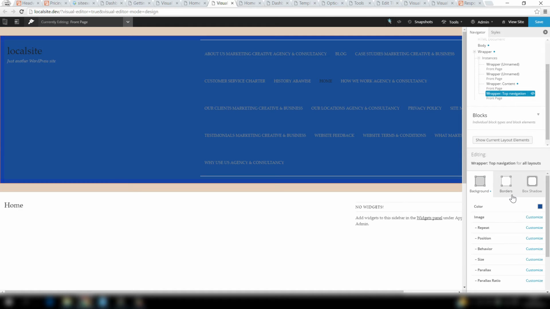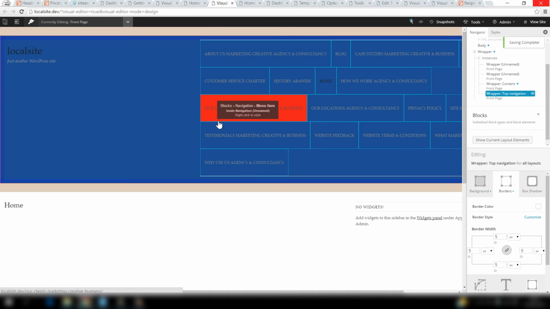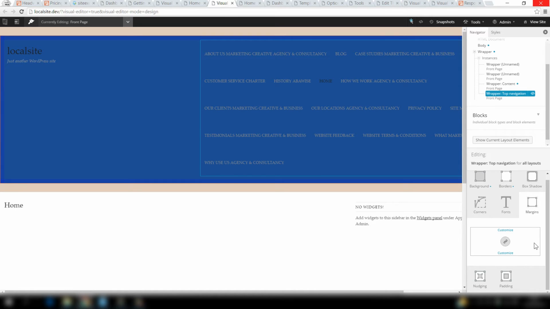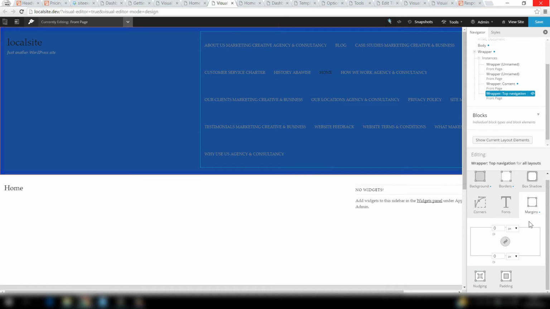So you have a series of options for the design of each wrapper, and in this example we're going to click on borders, and we're going to change the border color to white, and then we're also going to add an appropriate width for the border, so we'll change 0 to 5, and then once you've added all of those settings, we can then click on save. Now, once saving is complete, you can obviously progress on to the next wrapper that you need to change. But typically, I like to make sure that the margins associated with the wrapper are set to 0. The wrappers can always go to the very edges of the design, and then make sure that blocks are used